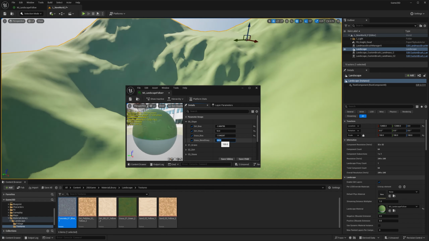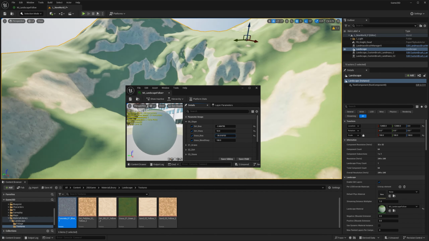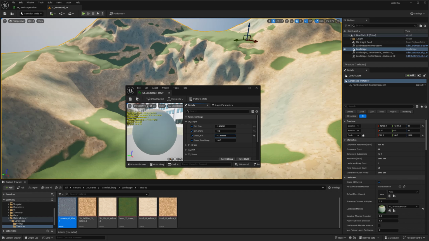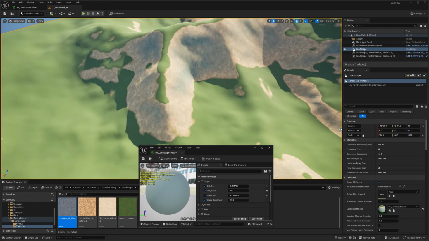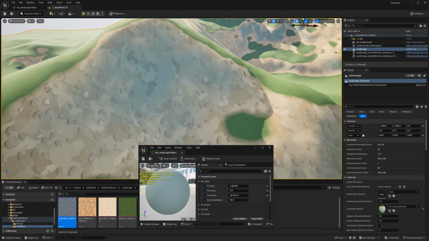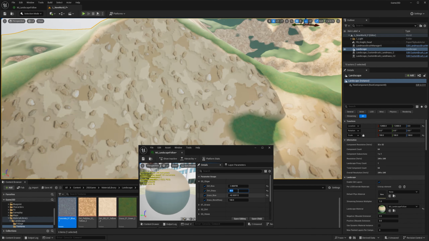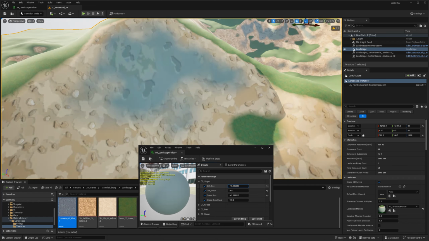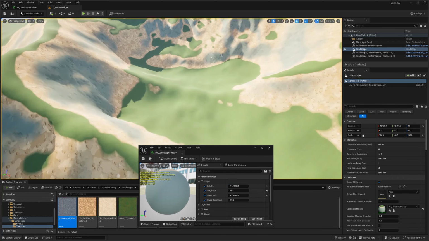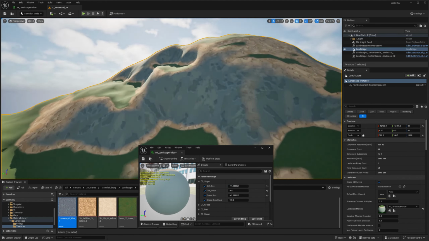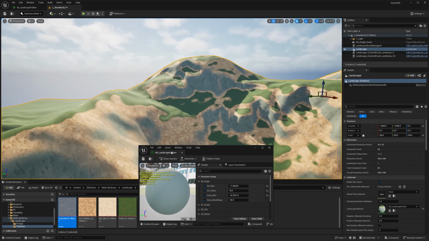I happen to prefer this, so I'm just going to leave it like that. But for the stone, it was so blue that I think like this looks a little bit better. You can kind of see two different textures. Well, maybe it's too much. Let's try and error, folks. Try and error. There you go. It looks interesting. It doesn't offend me as much.